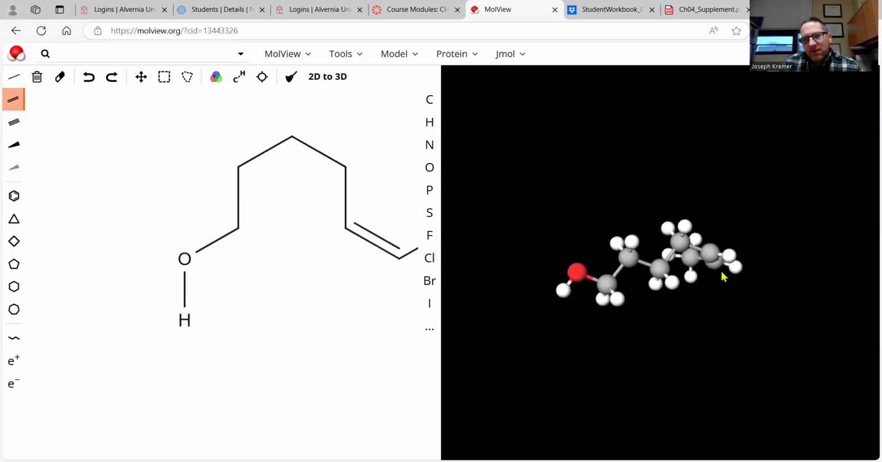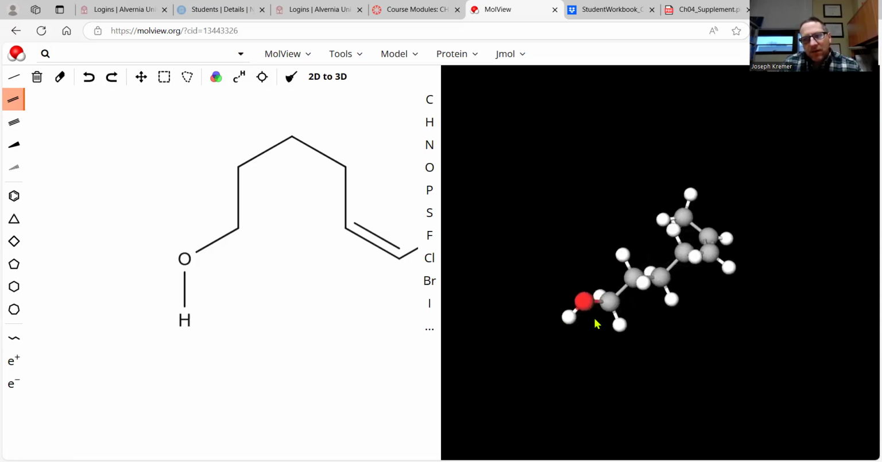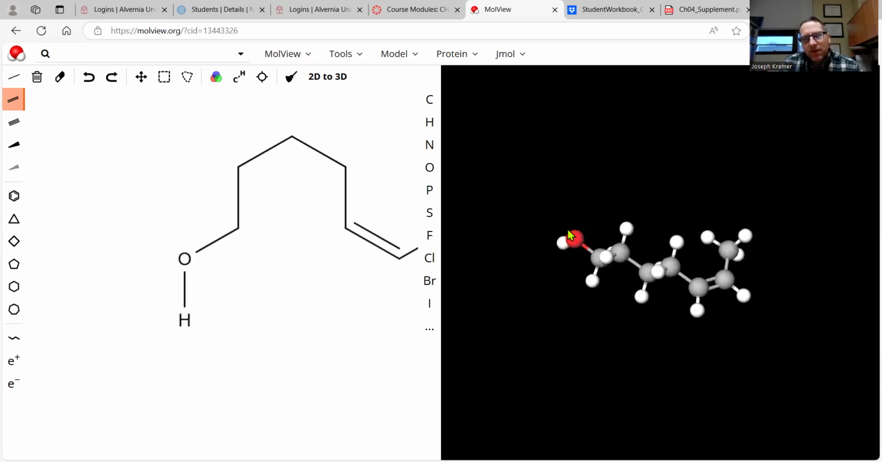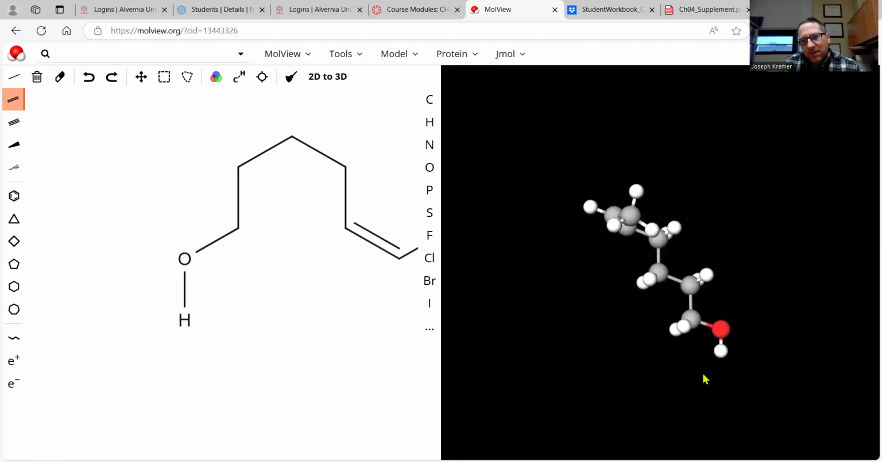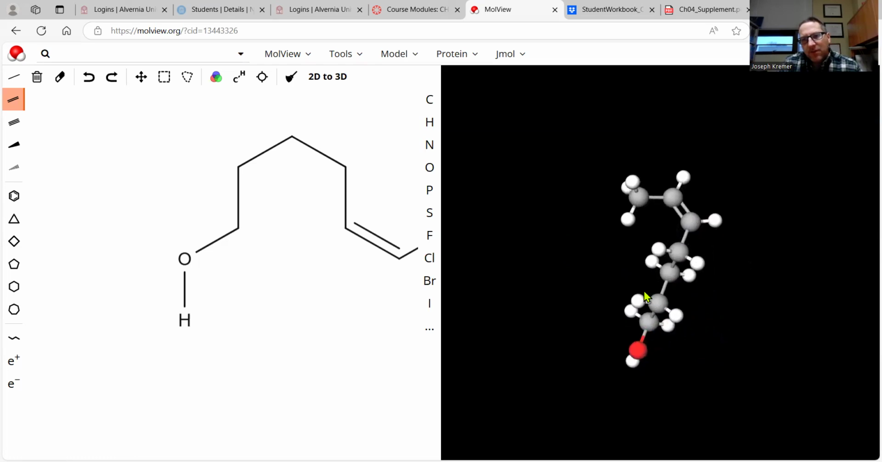Compared to the sp3, and here's an alcohol. Please believe that for this alcohol there's a lone pair in front and there's a lone pair in the back. So the oxygen atom is sp3 tetrahedral, as are all the gray carbons up until the double bond, which is